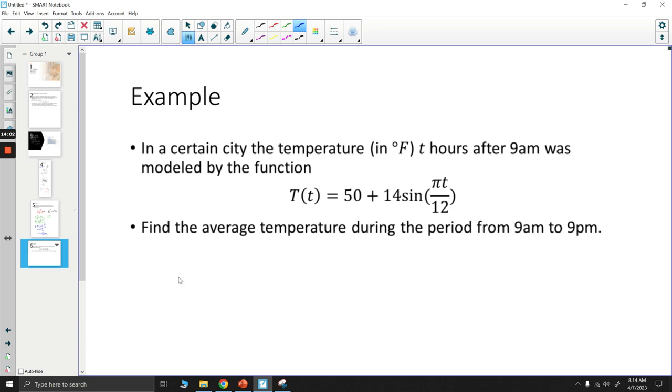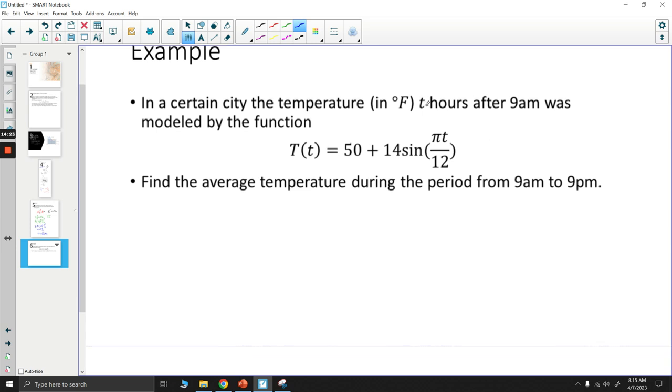So in a certain city, the temperature in Fahrenheit, T hours after 9 a.m., was modeled by this function of T: the temperature at time T is equal to 50 plus 14 times sine of pi times T over 12. Find the average temperature during the period from 9 a.m. to 9 p.m. So, first of all, this is T hours after 9, so at 9 a.m. time is 0. So our first time is 0, and our end time is 9 p.m., which would be 12 hours later. We're going to divide by 12 minus 0,